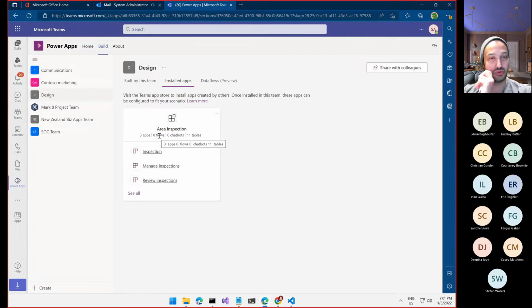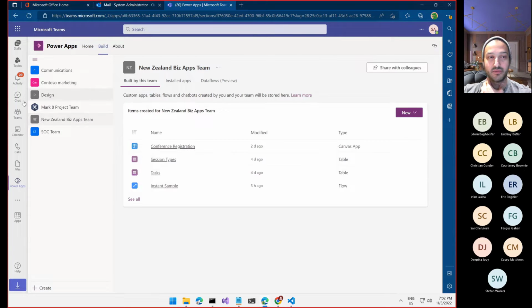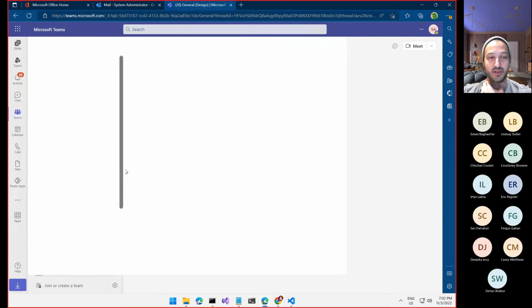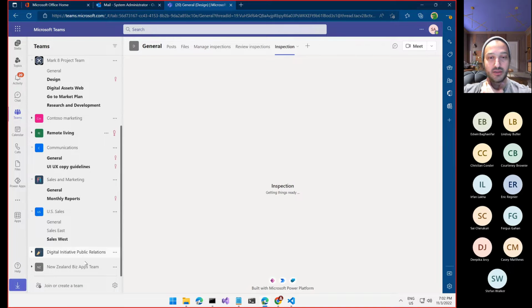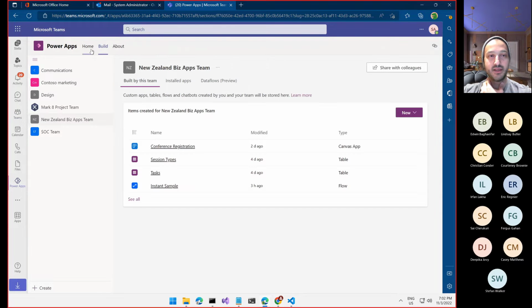Now, what can we do in order to create a new application? Let's say that we want to create our own app. So if I want to build my own application, I would just go to the environment that I had. As you can see right here, I already created an application and a flow in this one. That's why in this team. So if I go to teams, I will find that there is a team called New Zealand right here that's available for me. Now what I can do is I can go to Power Apps